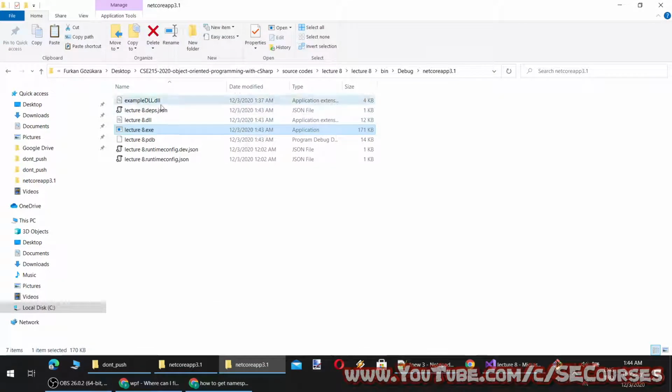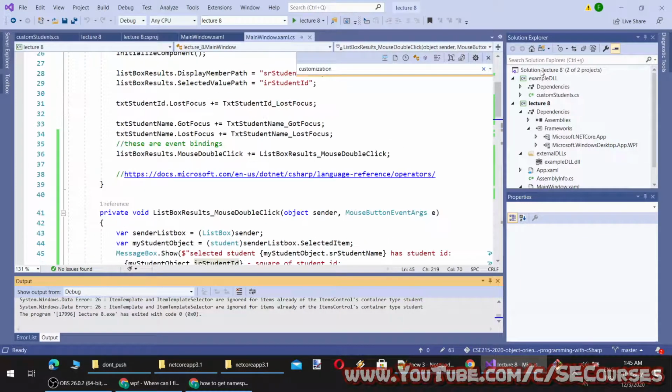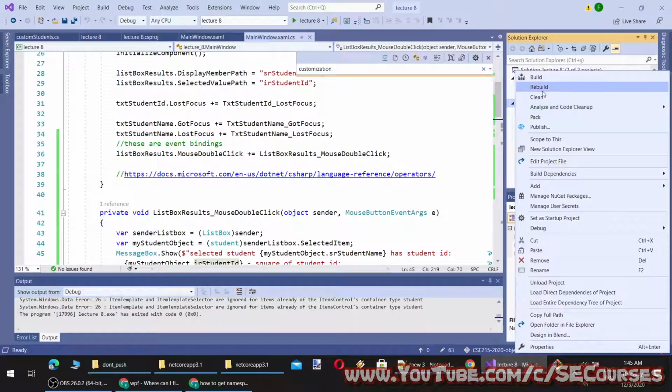However, it still wouldn't be a great example. Yeah, it is not working. Why? Do you know why it is not working? Because it is expecting this DLL to be at the same folder. Oh, it is still not working. This is even more problematic. Perhaps we have to use publish.